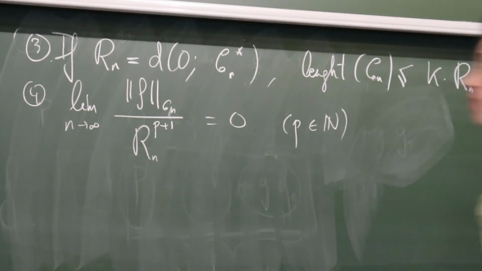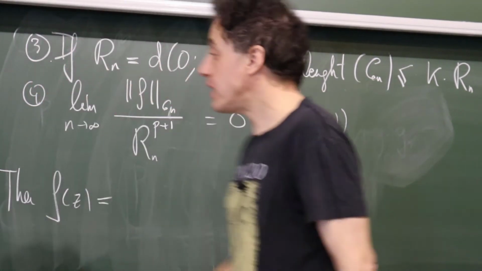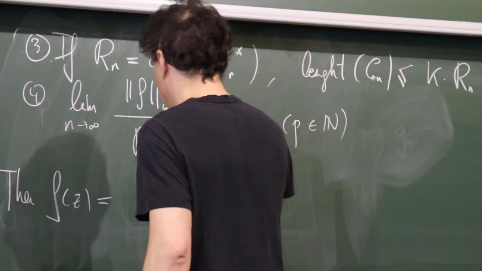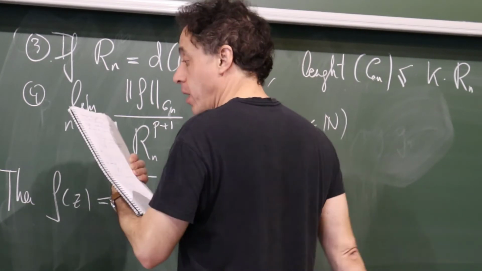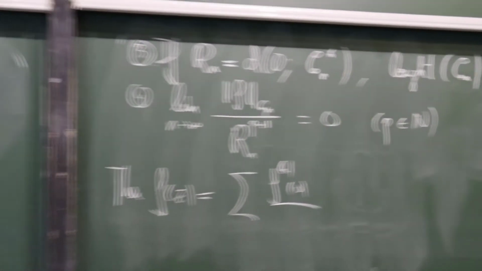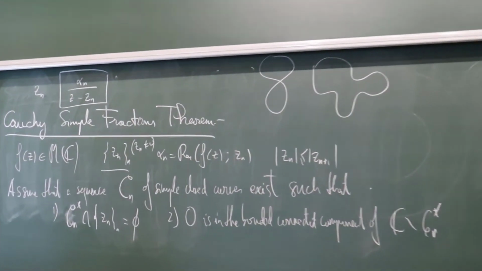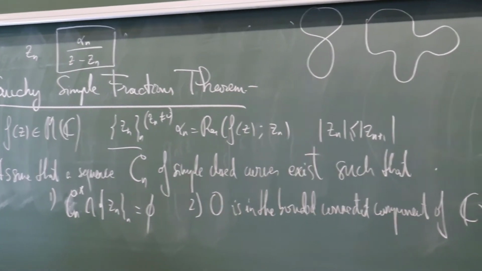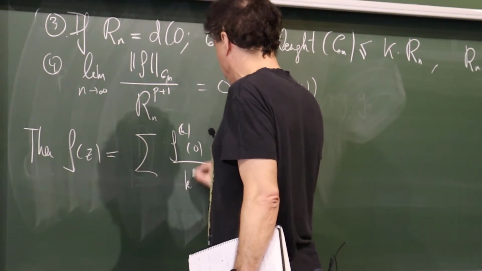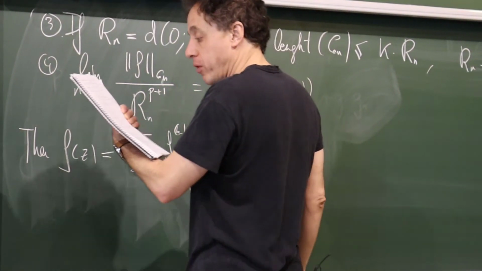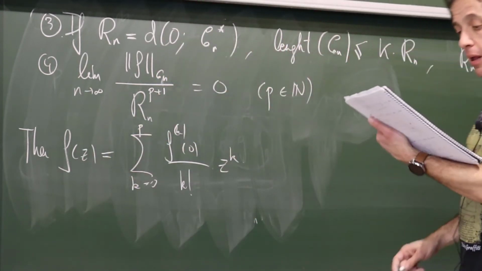So if all these conditions happen, then the function f is equal to a sum, you have some Taylor expansion at the origin. Well, assume first of all, I forgot to say, none of these points is 0. The poles are different from 0. So f is equal to a certain finite number of terms, f^(k)(0) over k factorial times z^k. You have to take the p first terms here, up to p being this number here, plus